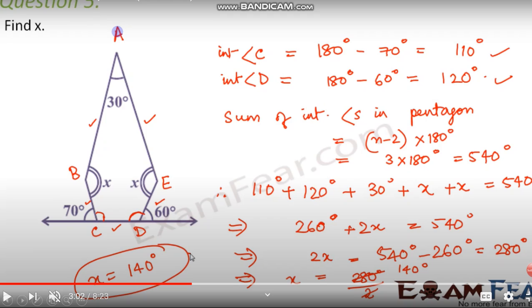Name these angles A, B, and E. Now this is angle C and angle D. This is an extended line. The line CD is extended, and the exterior angle at C is 70 degrees and the exterior angle at D is 60 degrees. Now students, we can find this angle and this angle easily, because together they total 180 degrees, since they are on a line.